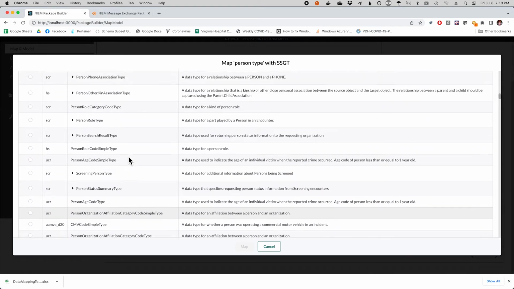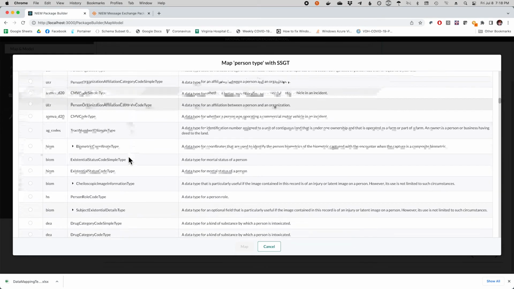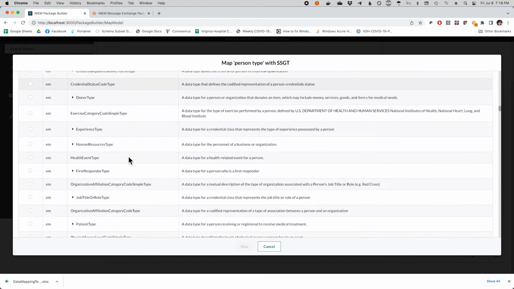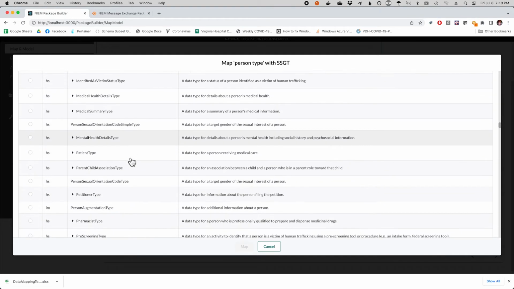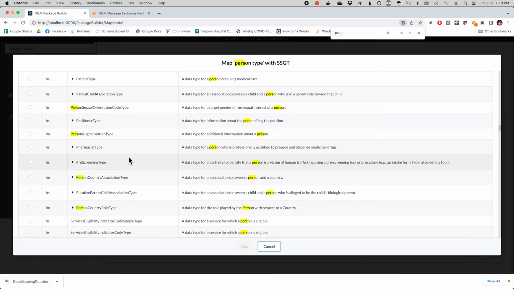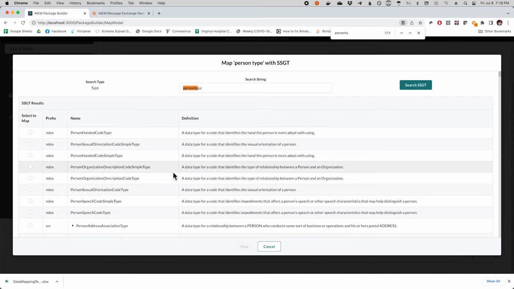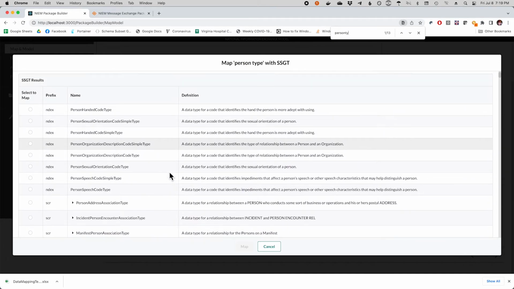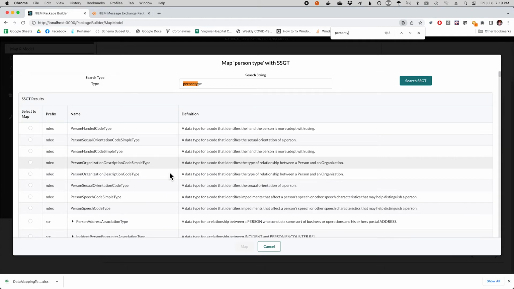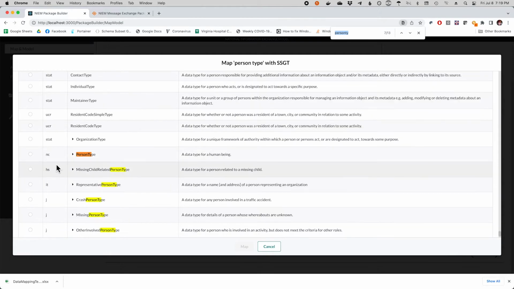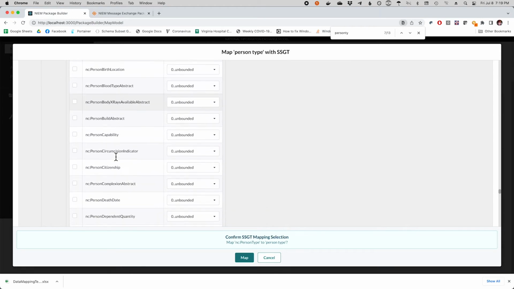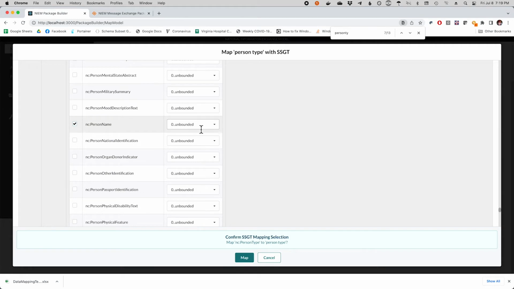But it does mean that each entry in these search results is a separate call to the SSGT. Just as it sometimes takes the SSGT a little bit to actually give you the information because it's throwing so much information around. Same thing here, it's the same amount of information and it just takes a little while. But here's person type, and if I open it, it automatically gets selected with the radio button, which is halfway down, and there's a lot of person stuff. So there's the button there, and here is where I would go and say, I want the person name inside person type, and set the cardinality however I want,